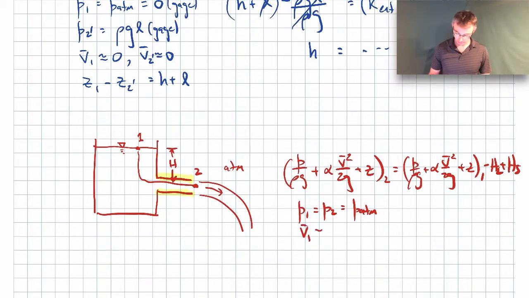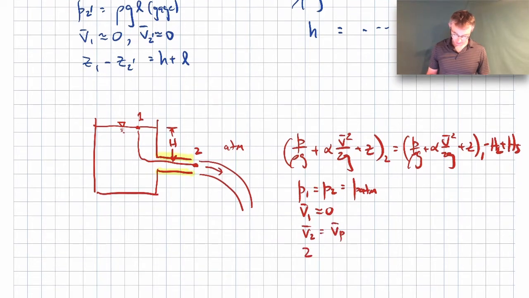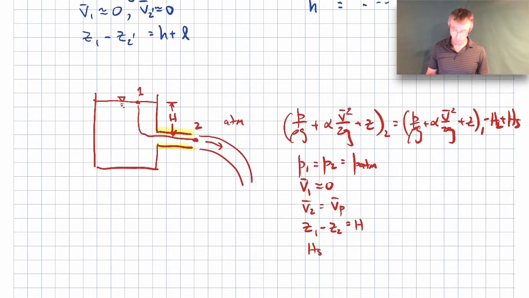V1 is about 0 because it's the surface of a large tank. It's moving very slowly. V2 will be the velocity in the pipe, the average velocity in the pipe. Z1 minus Z2 will be our capital H here for the height difference. HS will be 0 because there's no pump or turbine or anything like that, no fluid machinery in between points 1 and 2. And our head loss term, this is the part that I really want to focus on, we'll